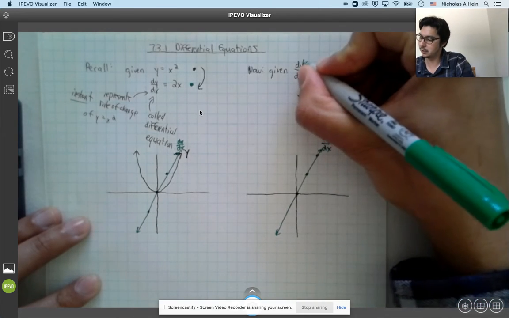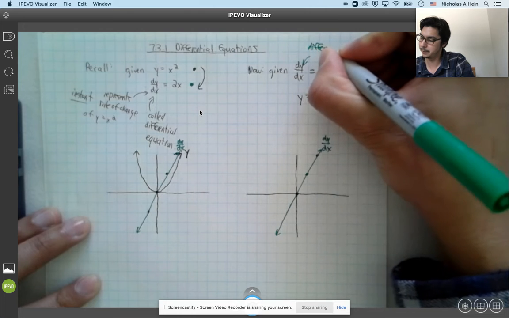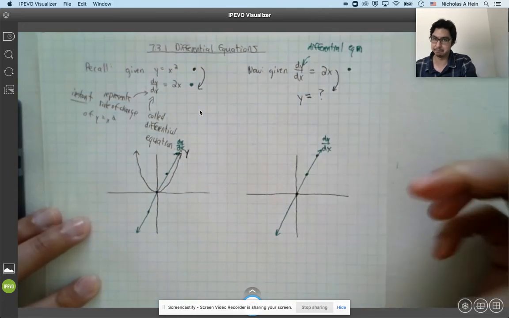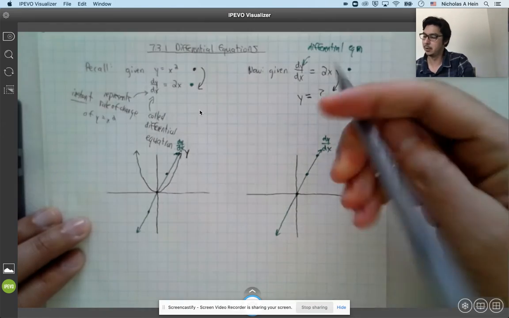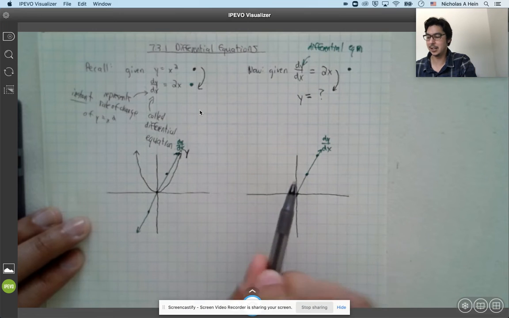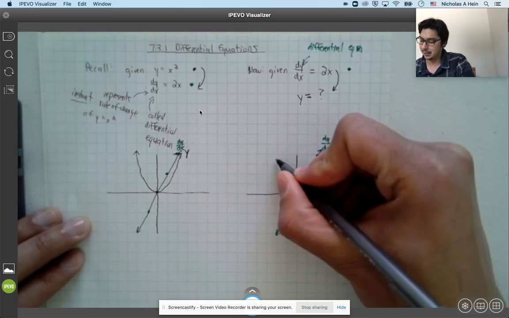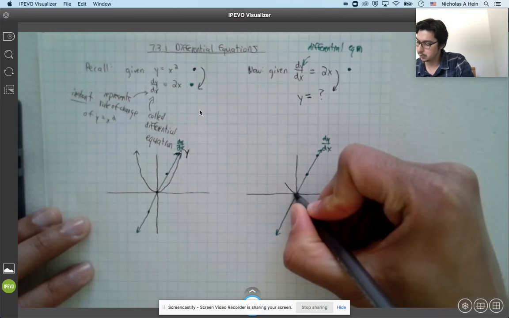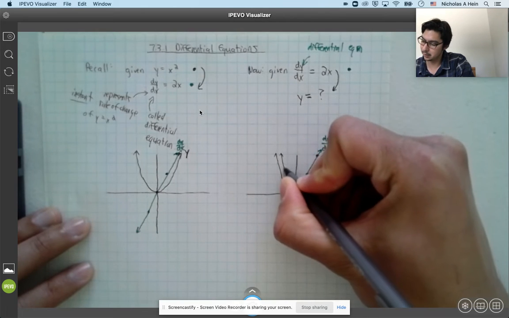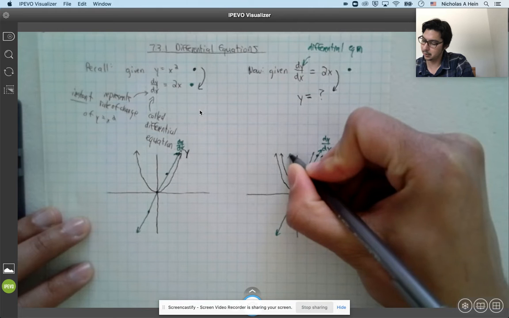So again, that's called your differential equation, talking about how something is changing. Well, what's y? Now you might think that it's just going to be y equals x squared, but you're going to see in a second right here, this is just one possible solution. In fact, you're going to see that there are a lot of answers we could get here,